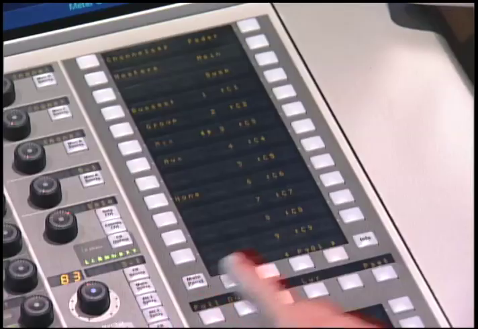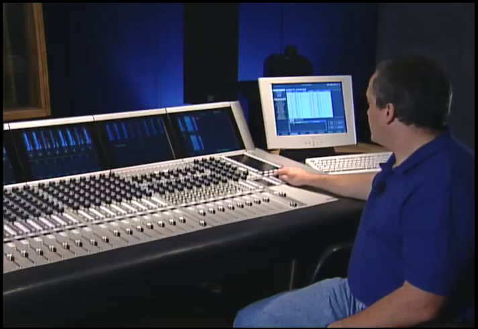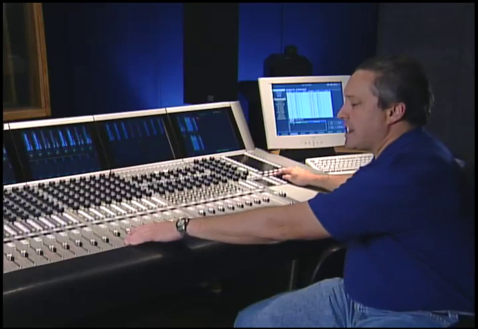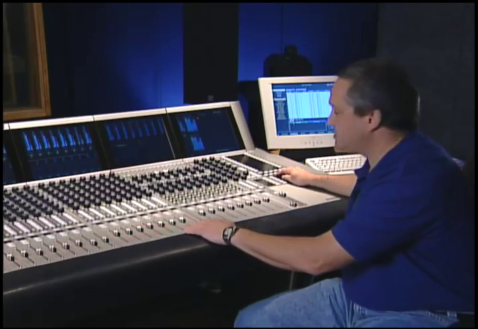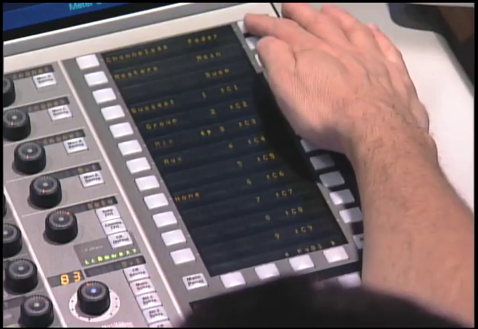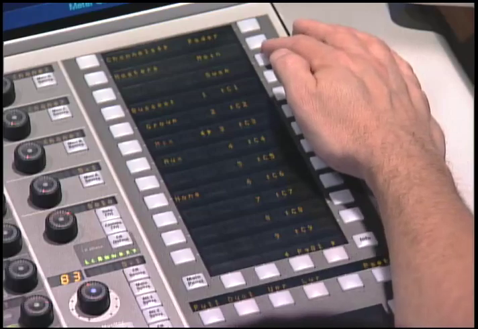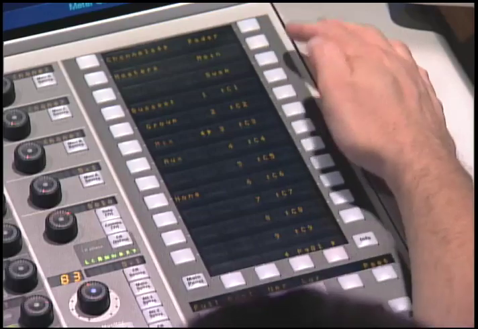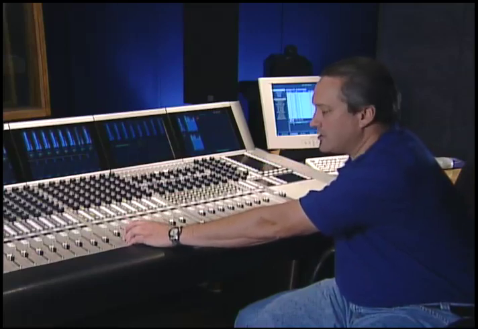First thing I'm going to do is go to my center section here and select dual because I want to put dual meters up. The next thing I want to do is say, okay, I want to have specific channels or specific strips. I can do that by saying I want fader, the main layer, or the swap layer. In this case, I'm going to go to main layer. So I'm going to select main layer, and then I'm going to go to my first strip here and select